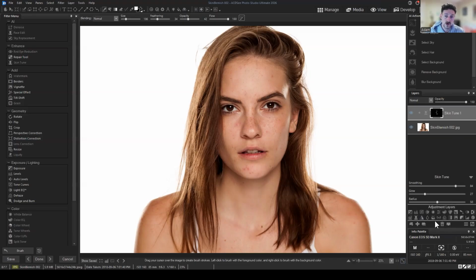What we're going to be showing today is a much more in-depth way of addressing what I'm calling stray hairs, which are unintentional hairs that are obscuring the face or in any way obscuring the background that you want to remove. Stray hairs are pretty common, especially in